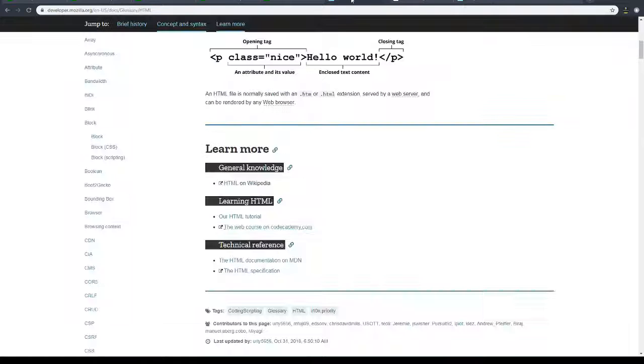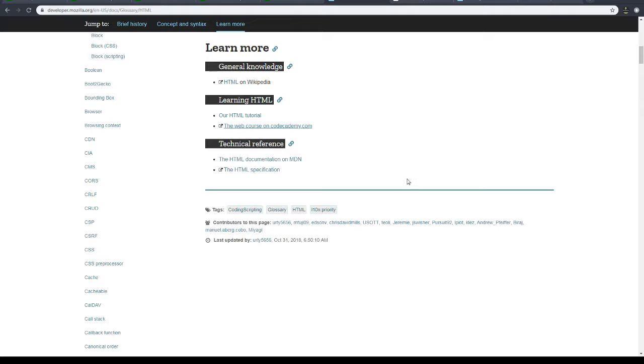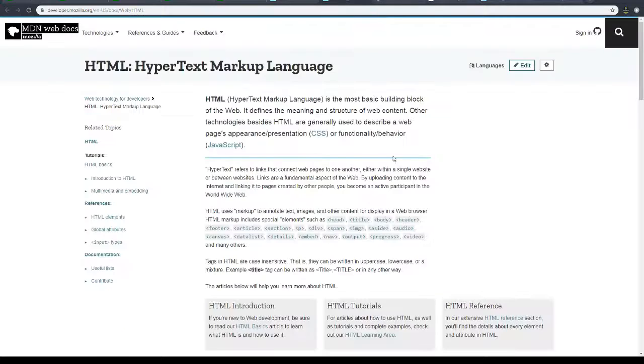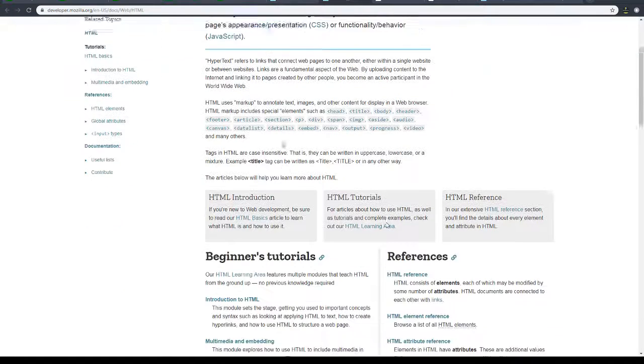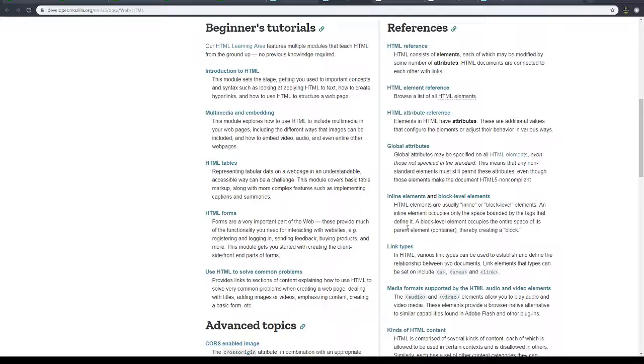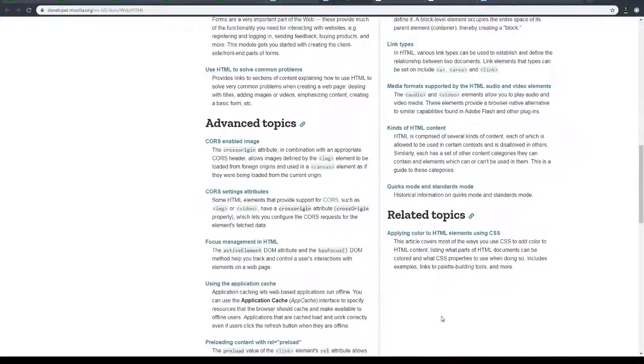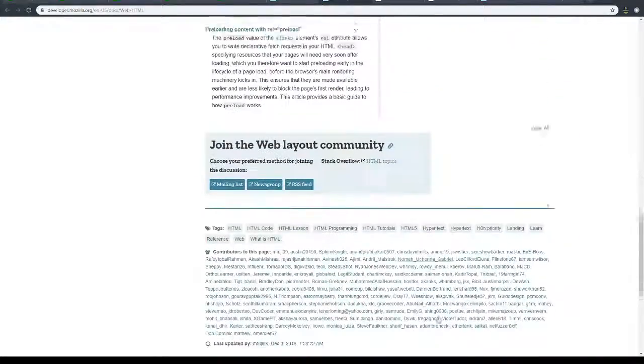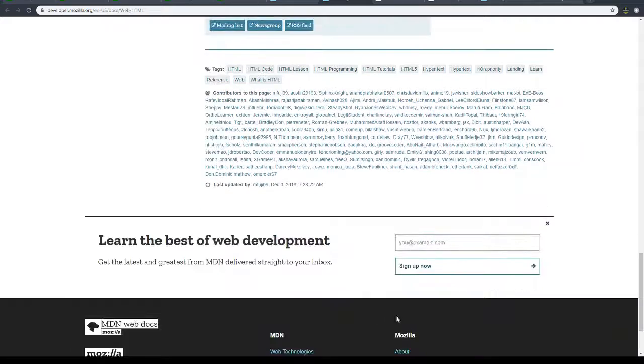What else? As well as other technical documentation, the HTML specifications. So depending on how much we want to drill into these topics, I would go in and I will actually